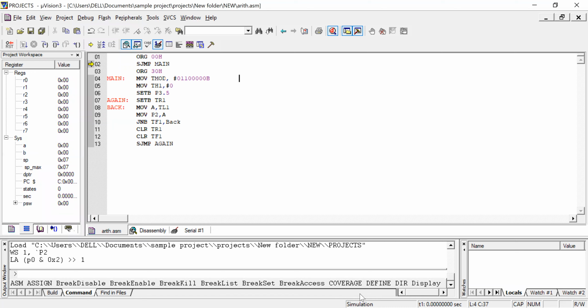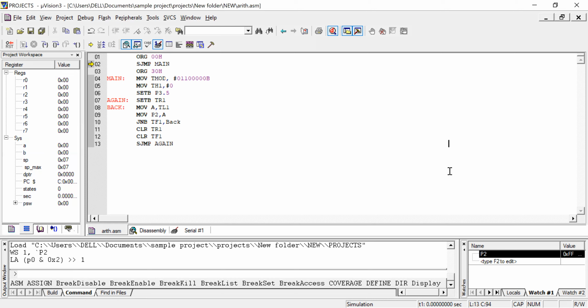Here you can see that there is a window. Click on window 1. In window 1, press F2. Here you can mention whatever the port number to see the exact value inside a particular port pin.